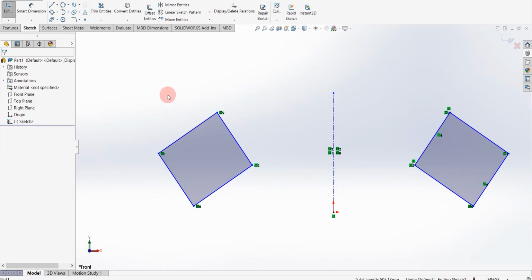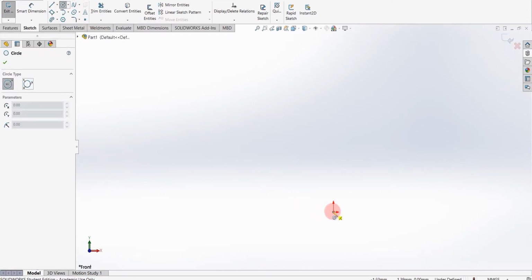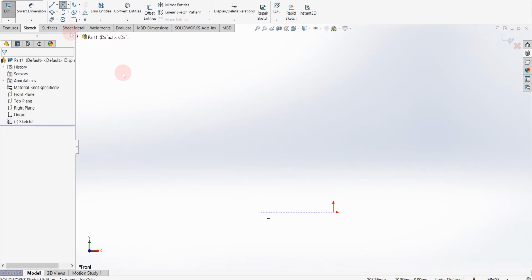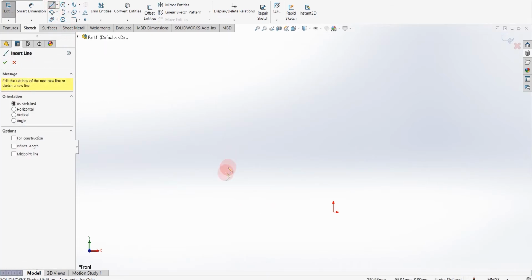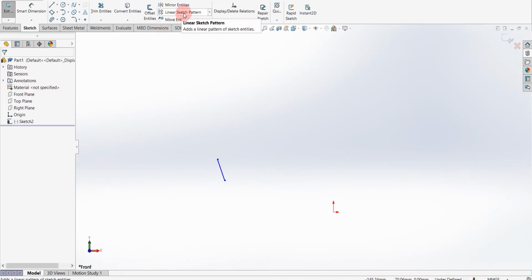Another tool is sketch pattern. There are two types of pattern, linear pattern and circular pattern. First I will show you linear pattern. I am constructing one line, and now I am selecting linear sketch pattern.